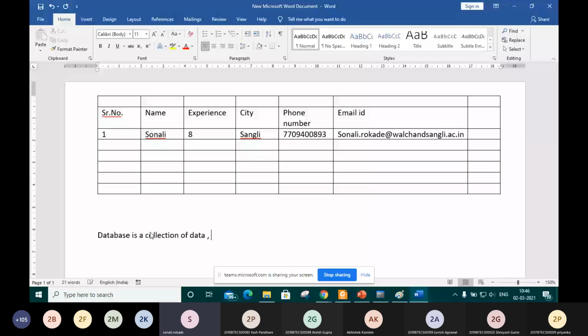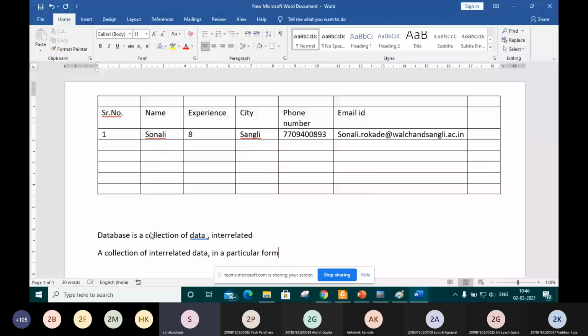The data is interrelated, so we can directly say that it is a collection of interrelated data. Now how is it stored? All the data in a database is stored in a particular format.